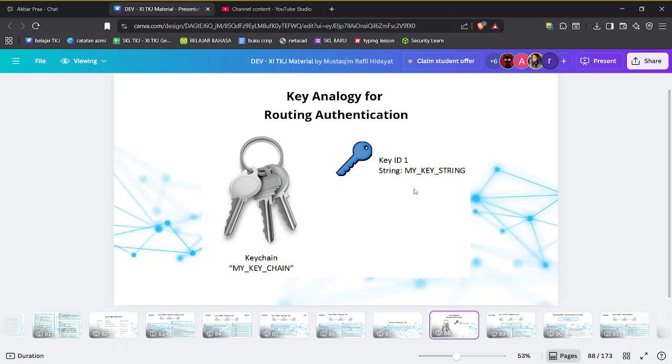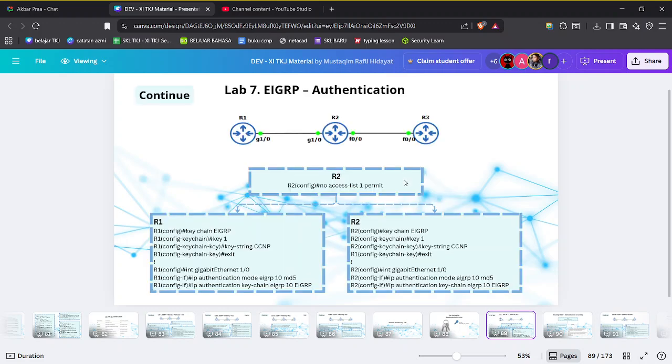And if you already put this configuration on your router, and you want to make another router connect with this router that was configured with this config, we have to use the same string.